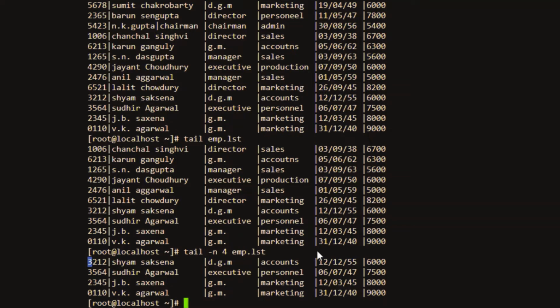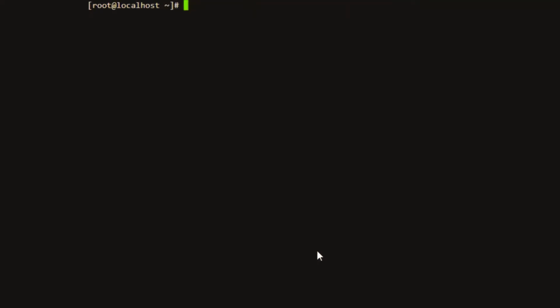So in this session we have studied 3 Unix commands or 3 Unix filters. The first one is pr, which allows you to prepare a file for printing. Then we studied the head command. The head command allows you to fetch the header part of a file. The same way we have studied the tail command. The tail command allows you to fetch the tail part of a file, right? So without any option, the head command prints the first 10 lines, and the tail command prints the last 10 lines of the file. You can use them with the -n option.